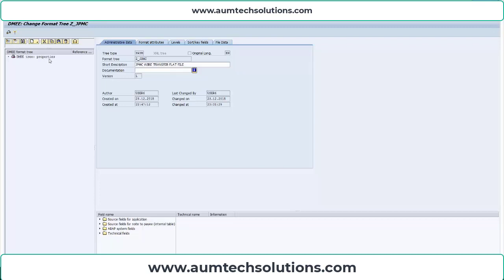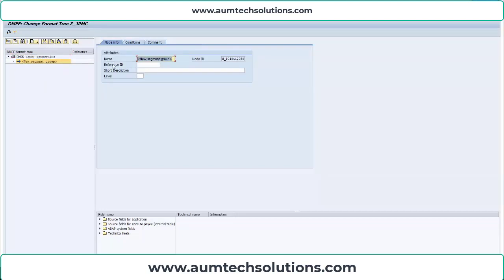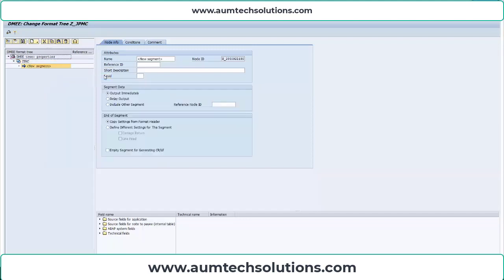So let us first create the segment group. Select DME tree properties, right click, select create segment group, JPMC, save. Now select JPMC, right click, create segment as subnode. So the header will be a subnode of the segment group JPMC. Enter the name header,